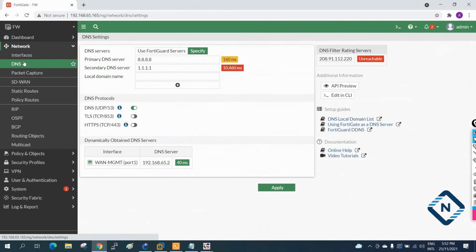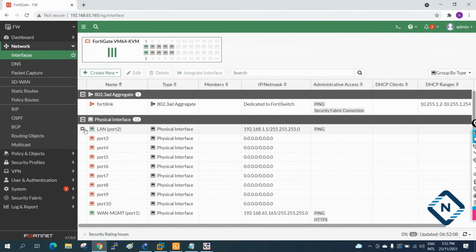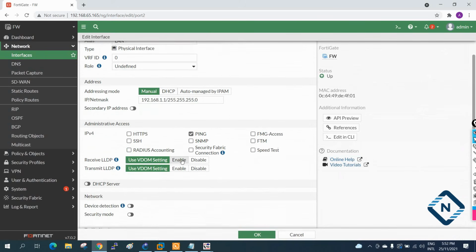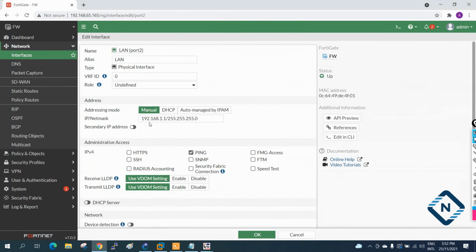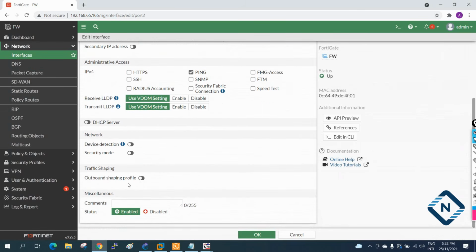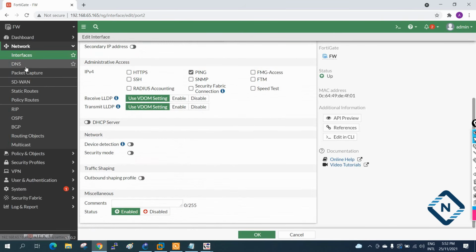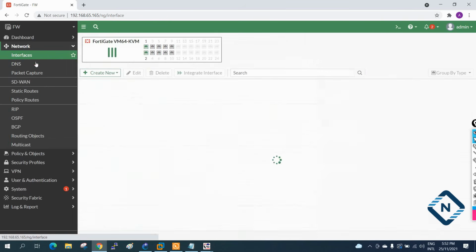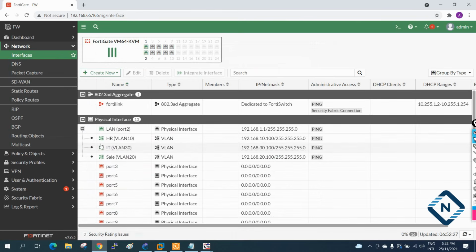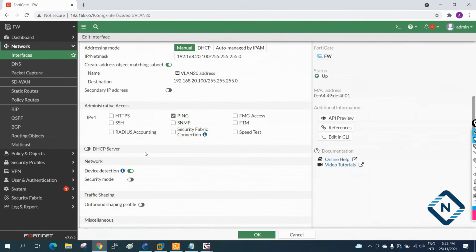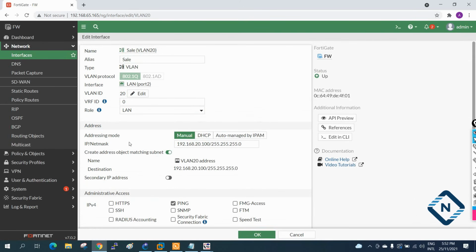Now let me check where it is. When we created it, we had one option, intra-zone, if you remember, where we enabled it, communication not allowed. There is one option here in the interface, or VLAN. Let me check, I think we have it somewhere here. Let me make this big, let's see. Somewhere we have it here. Anyhow, no problem, in our next lab we will look at it. I cannot find it here now.